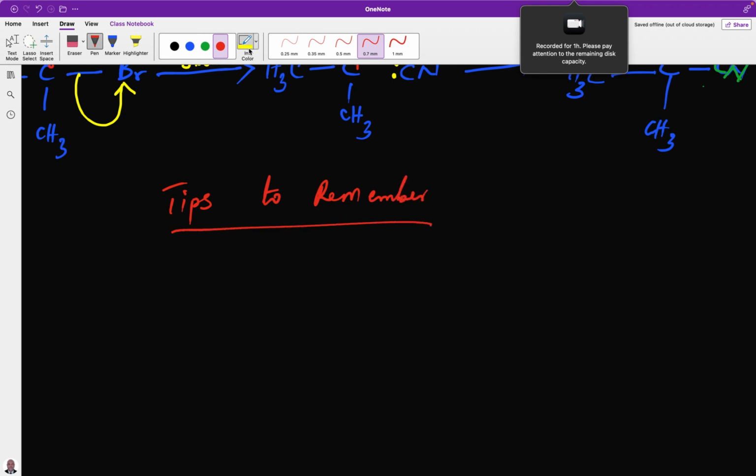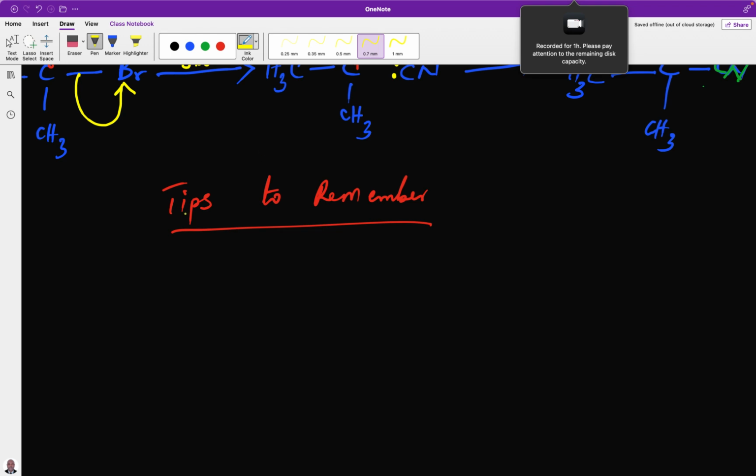Number 1, tertiary halogenoalkanes cannot undergo SN2 mechanism. The reason why tertiary halogenoalkane cannot undergo SN2 mechanism is because